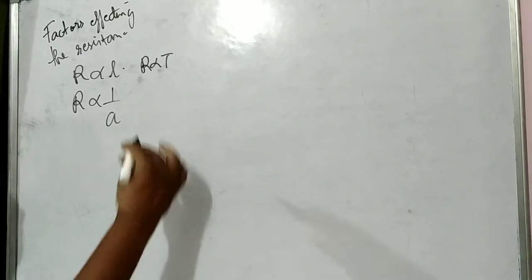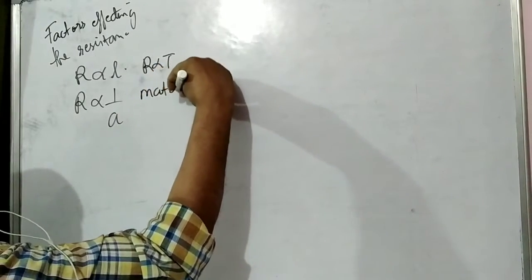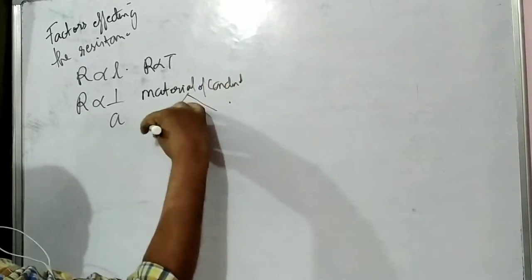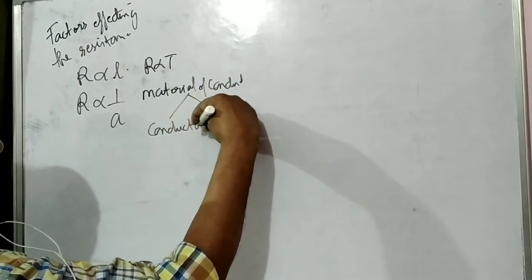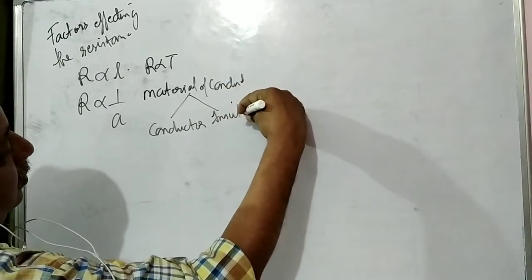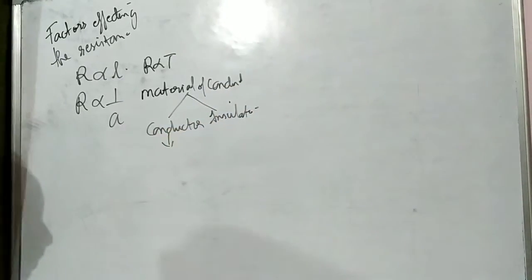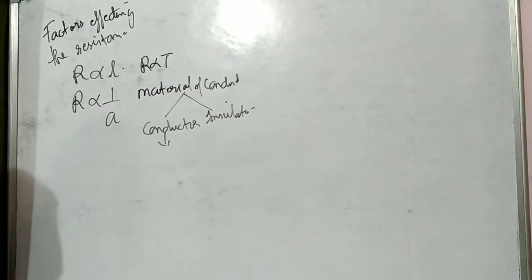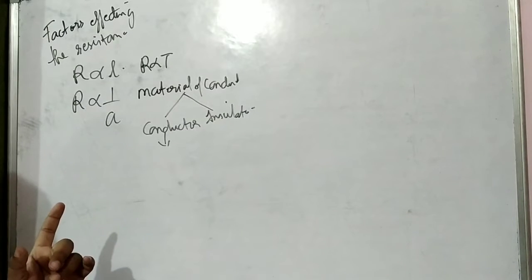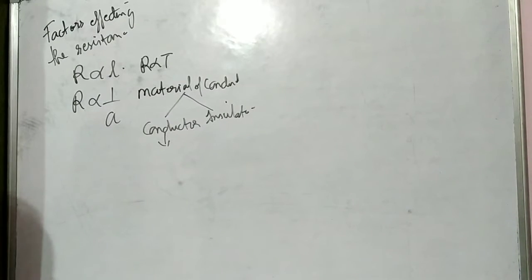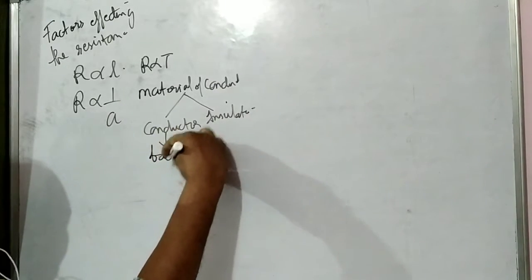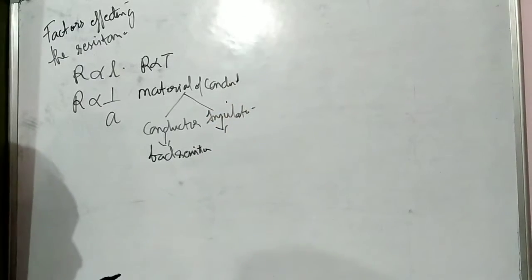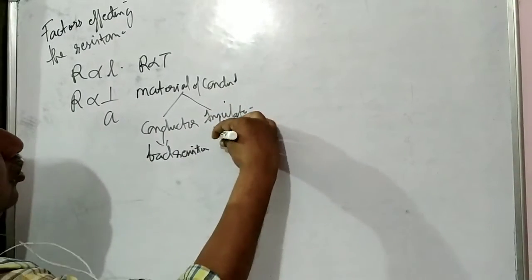And number fourth, it depends upon the material of a conductor. There are two types of material, a conductor and an insulator. All the conductors are good in passing the electricity, but resistances do not allow the current to pass. So, good conductors are bad resistors, but insulators, those which do not supply the current, are good resistors.